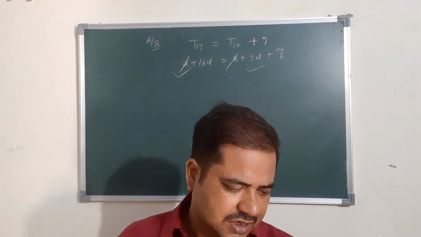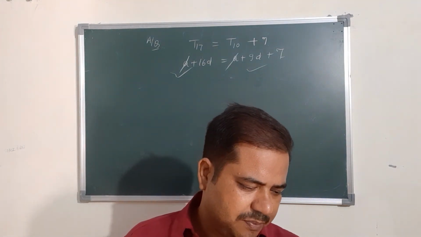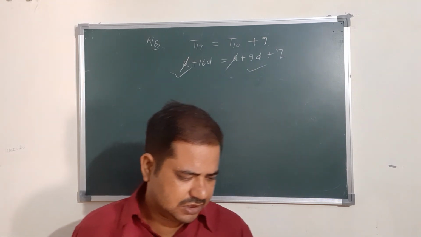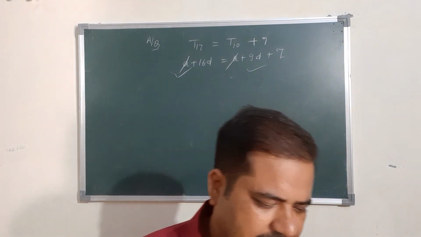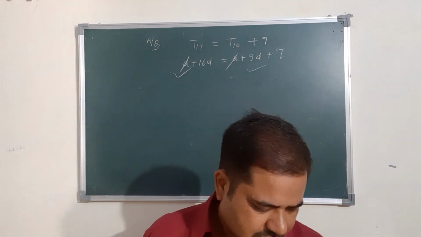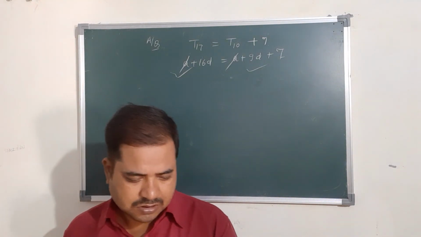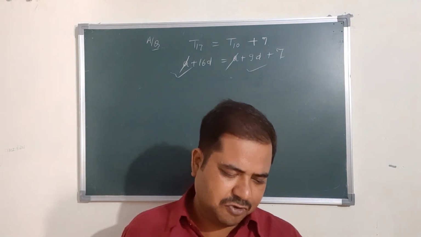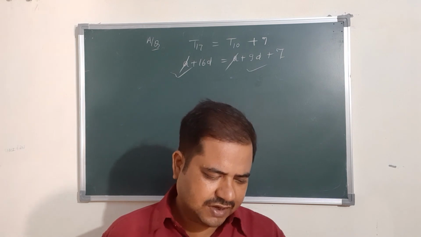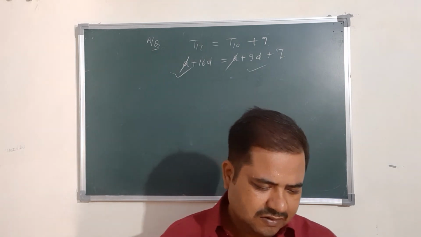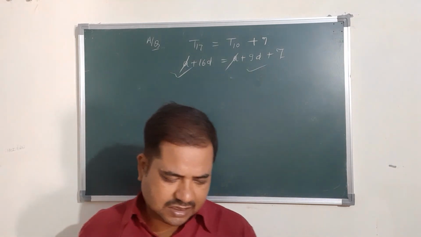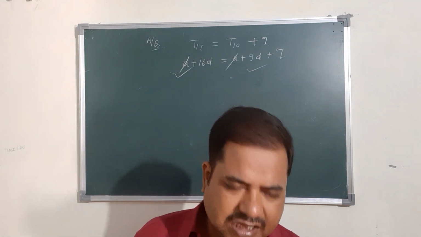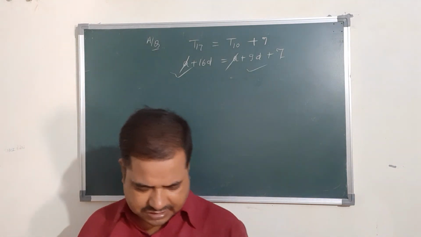Now next, question number 11, which term of an AP is 132 more than the 54th term, we have to solve this type of question, so you just try it. Now question number 12, two APs have the same common difference. The difference between their 100th terms is 100. What is the difference between their 1000th terms? Okay, so this is a good question.